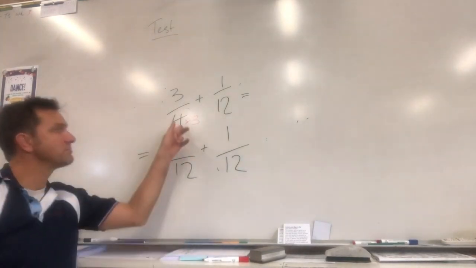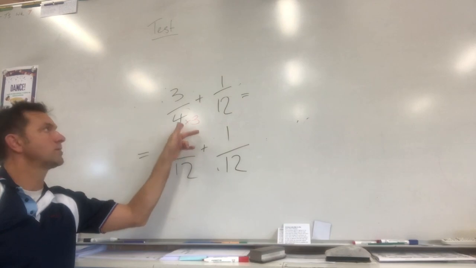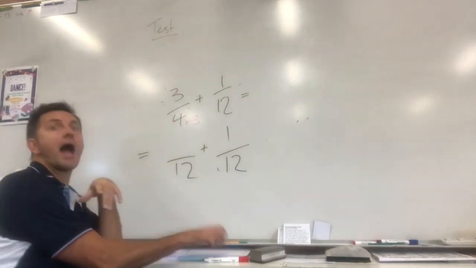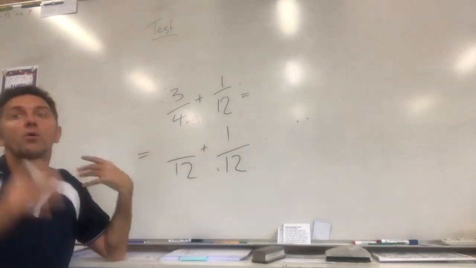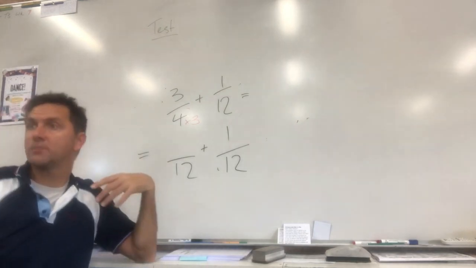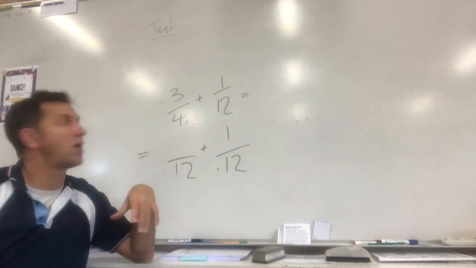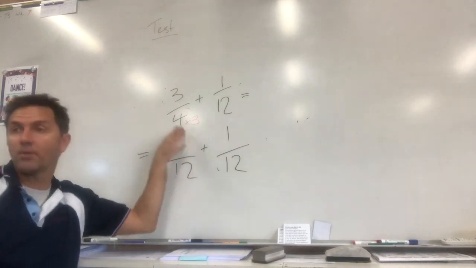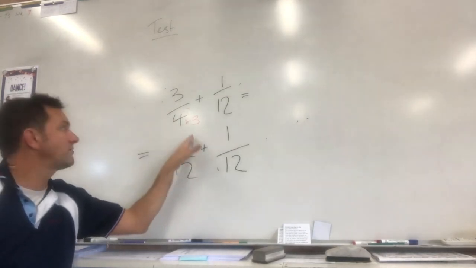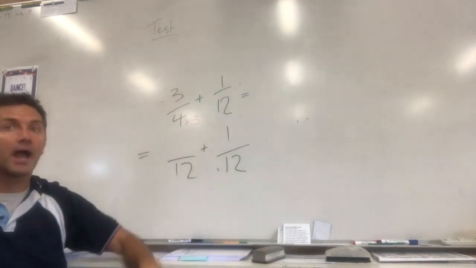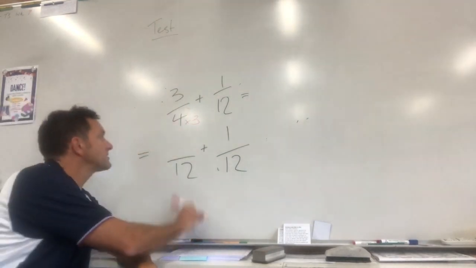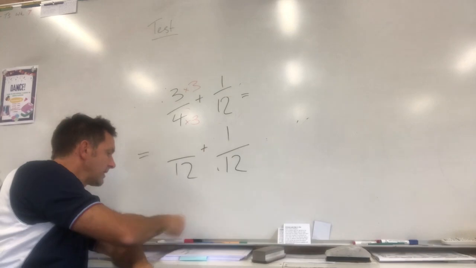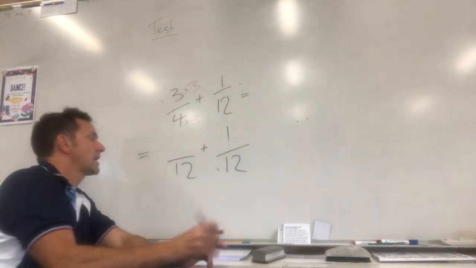Okay. Now if I times the 4 by 3, what do I need to times the top by? 4. No. With fractions, whatever you do to the bottom, you've got to do to the top. I times this 4 by 3. I times the bottom by 3. What have I got to do to the top? I've got to times it by 3. Yay! Which gives me, so 3 times 3, and now the answer is, come on Mr. Burns,